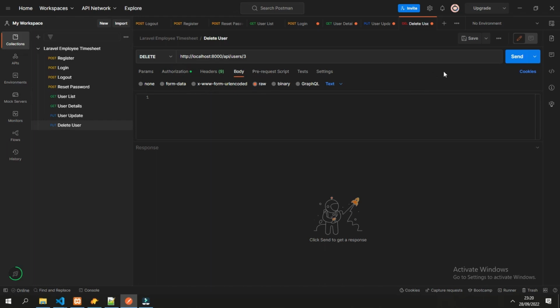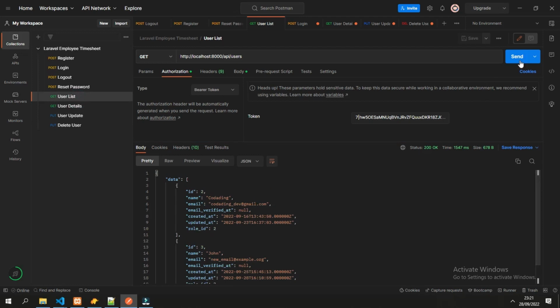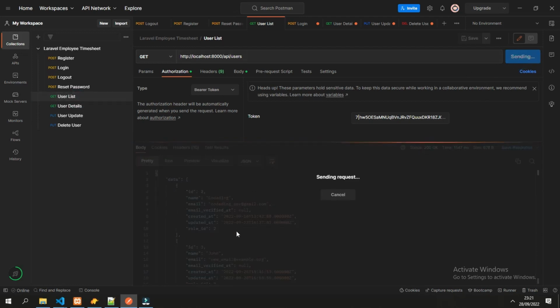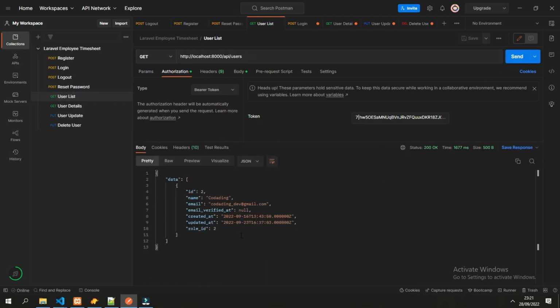Now let's try to send the delete request. Now it's successful. It's not returning anything because in the API we're returning a null with 204 status. And let's check in the user list. Now it's updated, and currently we only have user with ID number 2. That's all for the user controller.